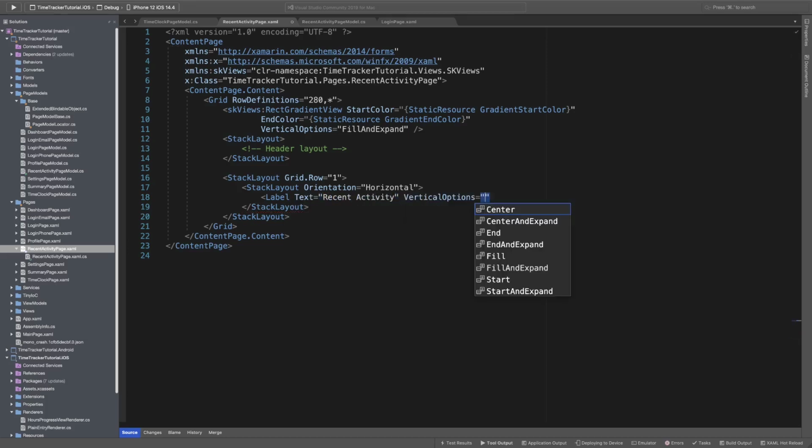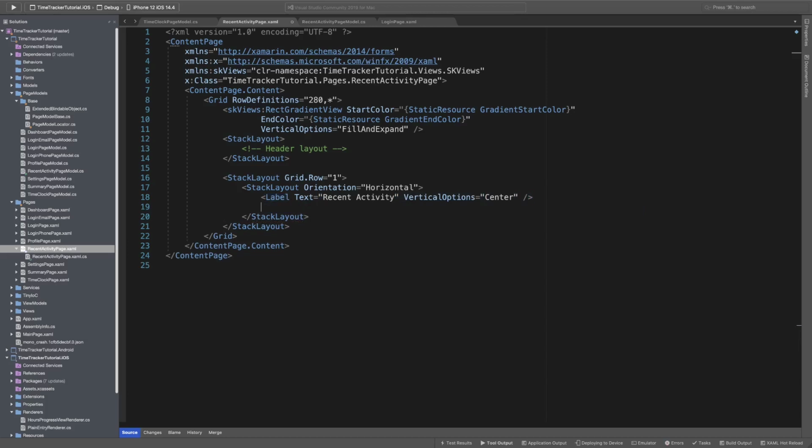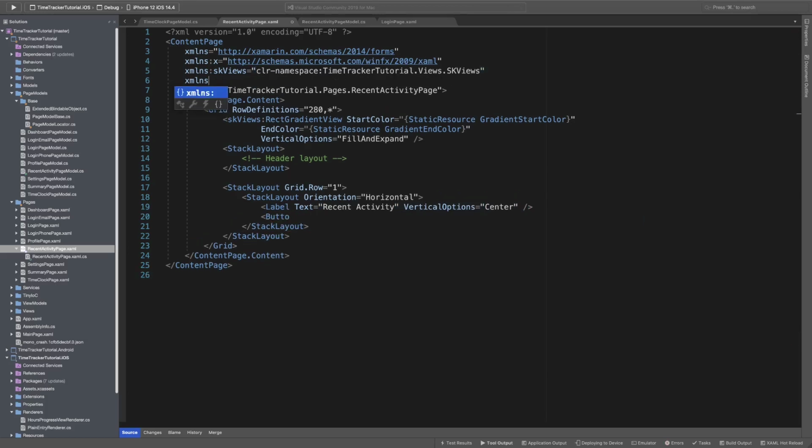And we can just say its vertical options are center for now. And then we need that button. And so this should actually be a bindable button. So we need to import the namespace for that, xmlns. And we can just say buttons is fine, and then buttons, and we'll get a recommendation for the views.buttons namespace, and let's go ahead and bring that in. And then we can use a bindable button here,